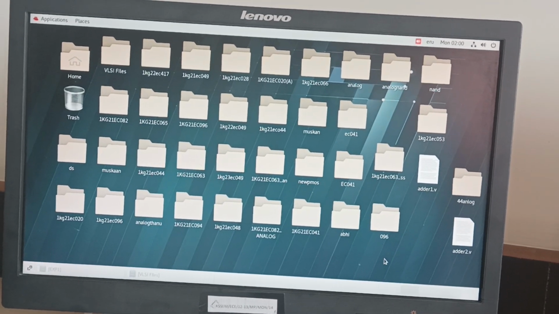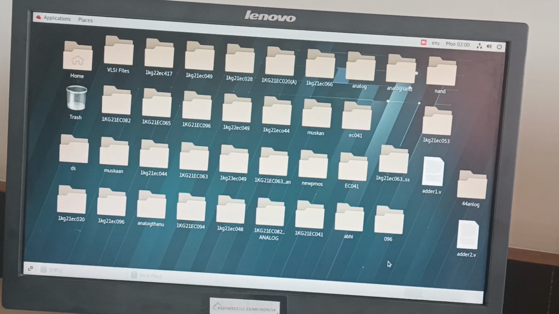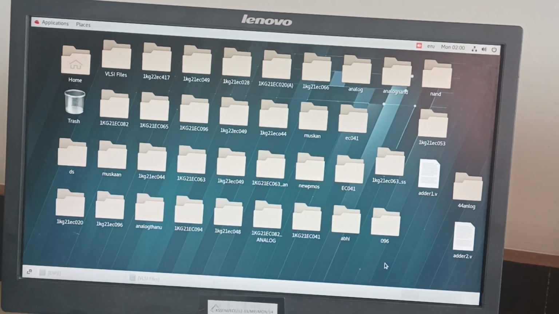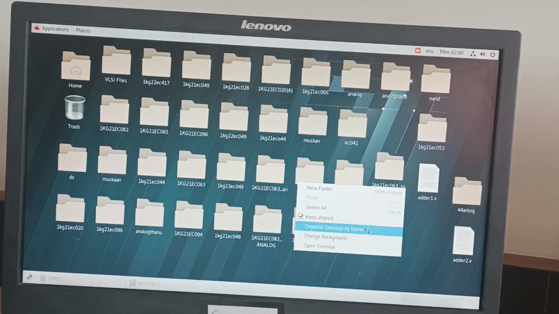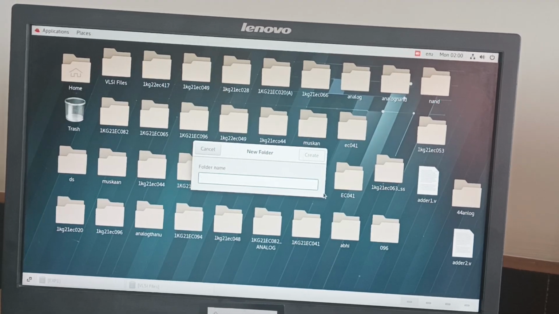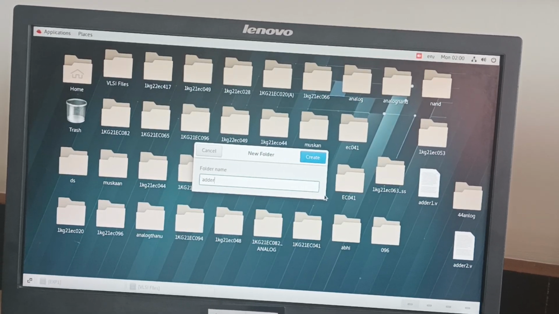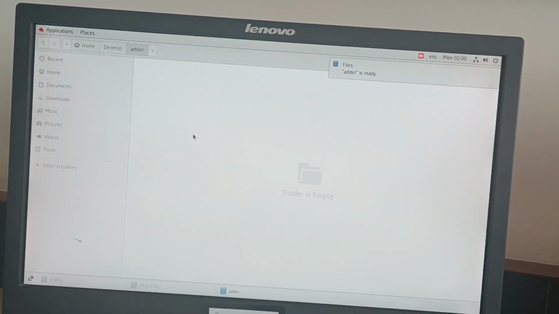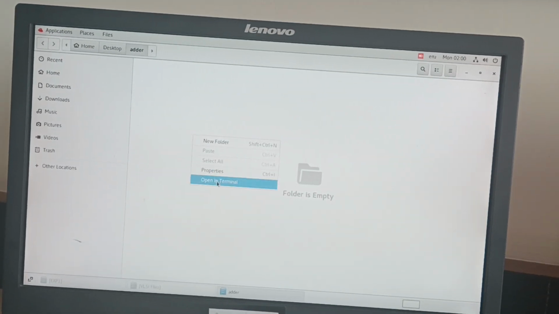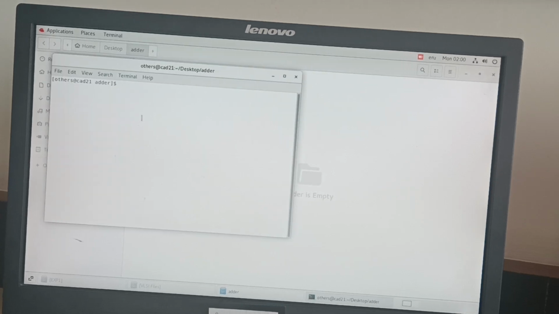Hello everyone. Let's see the adder experiment in digital design with respect to the VLSI lab through the Cadence tool. Now, right click on the desktop, click on new folder. Adder is the name I am giving the folder. Open this adder folder, right click, click on open in terminal, and here